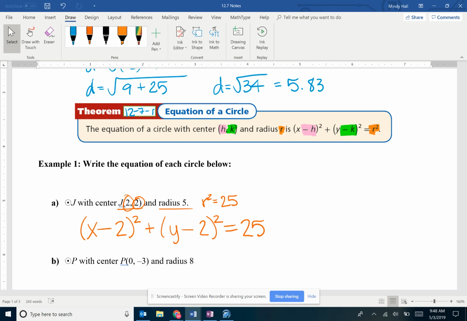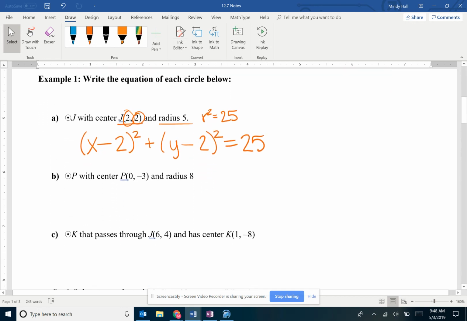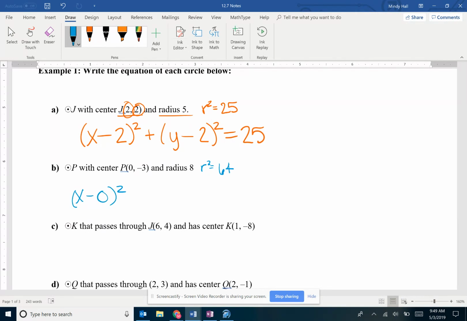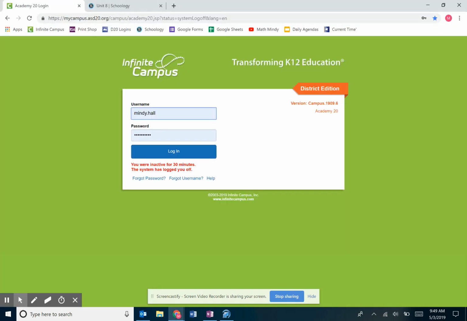Okay? So if I wanted to write an equation for circle P with a center at P of (0, negative 3), and radius 8, again, if you want, you can say, hey, my r squared is 64. That way you already have the number. And then to write it, we would have x minus 0 squared, which, think about it, x,